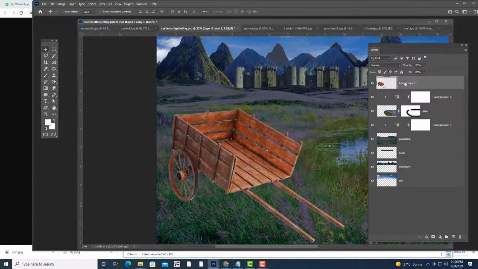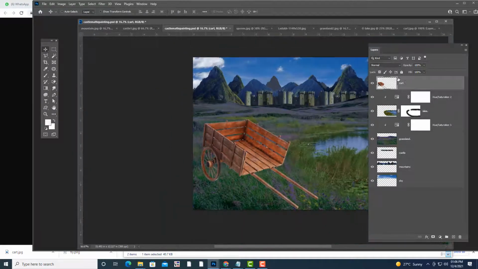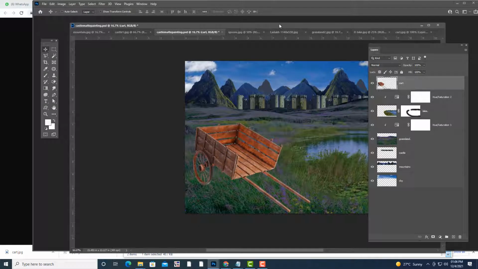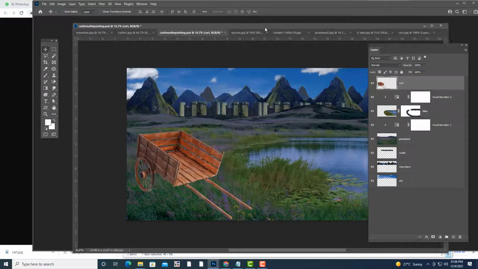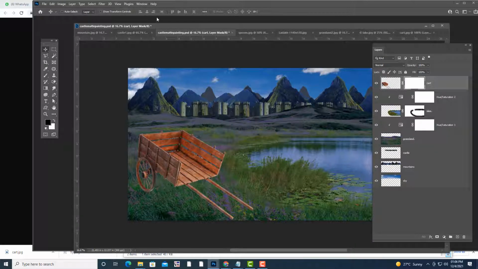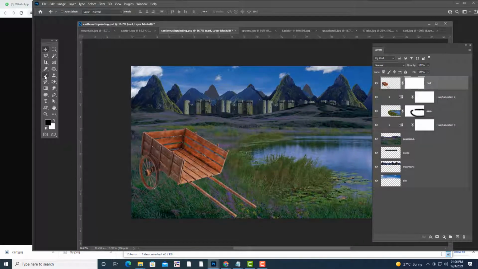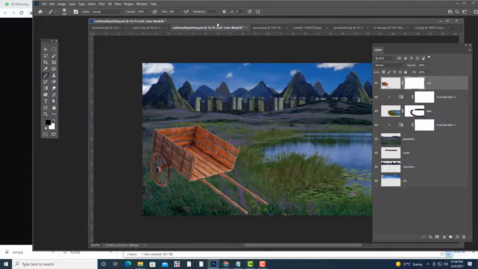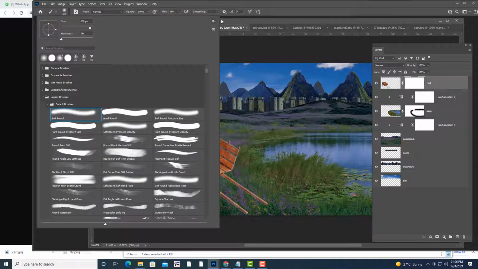Now we'll do the color match. We'll use the card here. Before color matching we'll do one thing: this wheel should be inside the grass. For that we'll apply some mask, and then take a soft round brush.